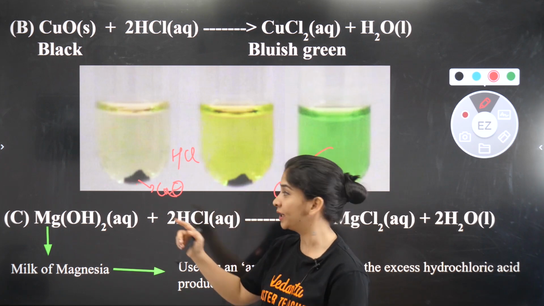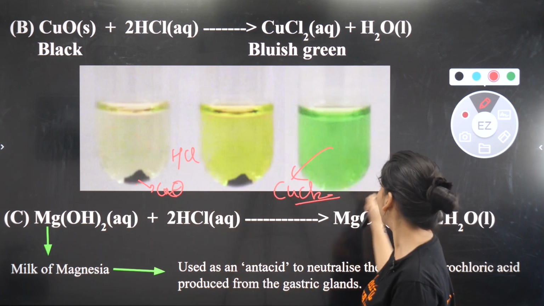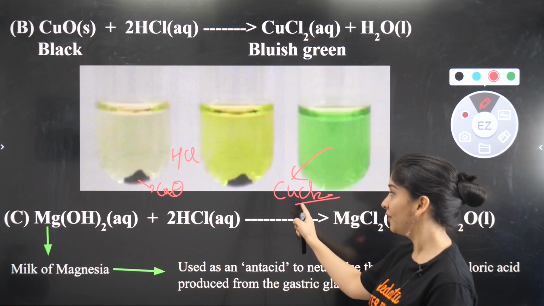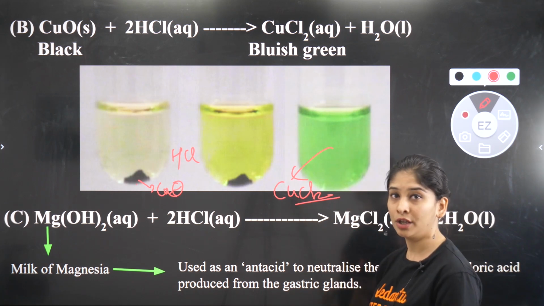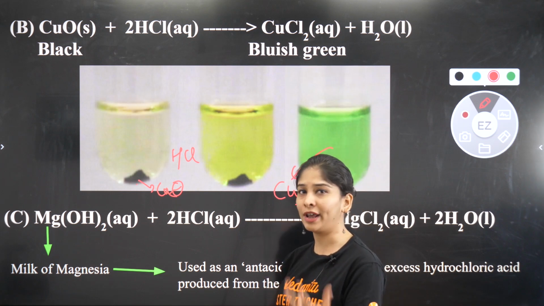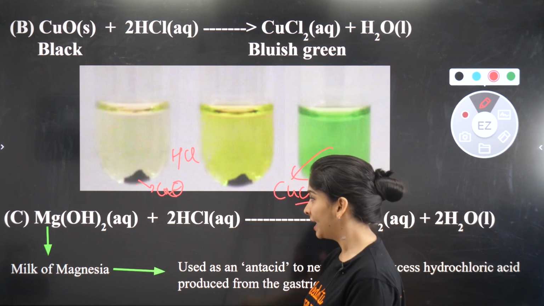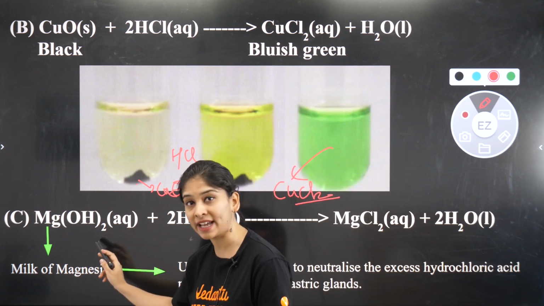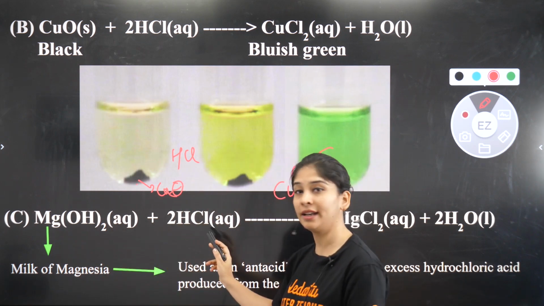Okay, ions are going to exchange. So copper chloride plus water, that is going to form this copper chloride, which is of green color. So if a question can be asked, "give an example of a color change for any reaction," you can go for that. Yes. Then I told you metal hydroxide also can react with acid in the same way.